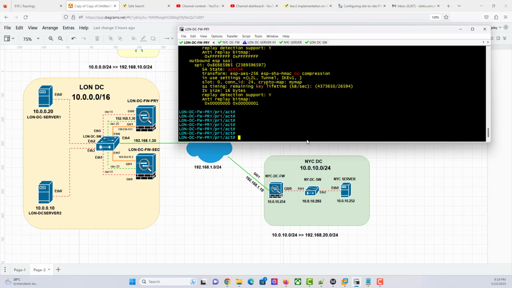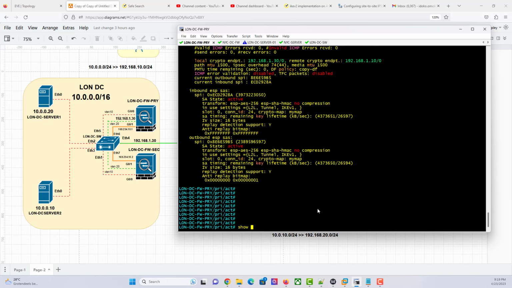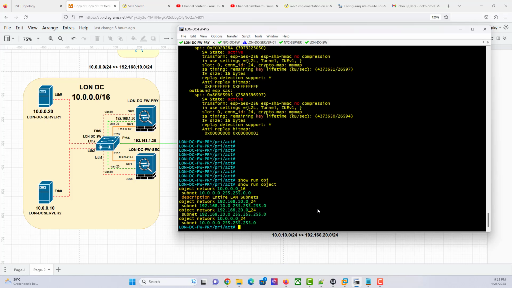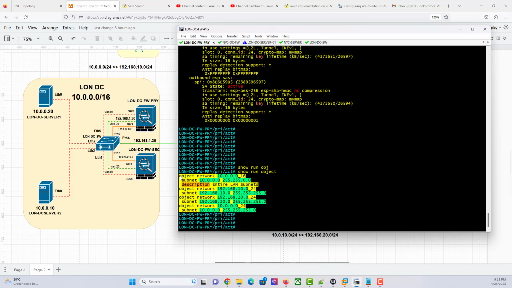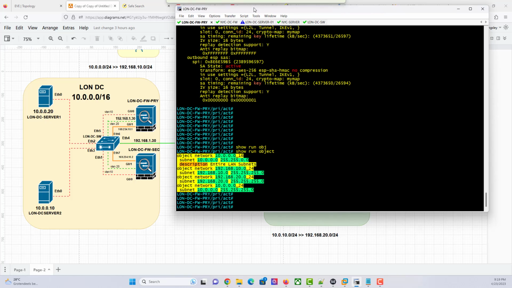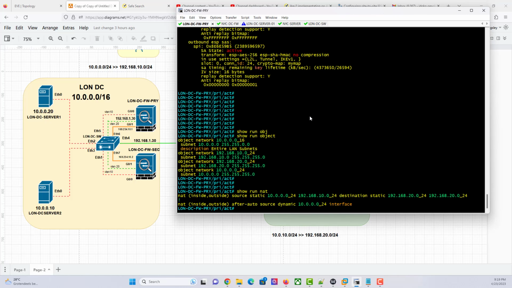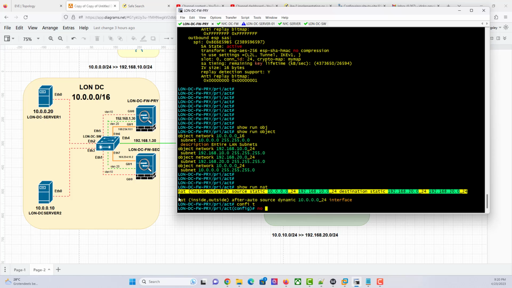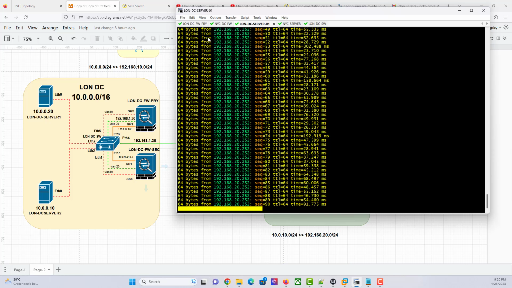So we just need to make some modifications to the NAT, right? So let me make this bigger. I'm going to say show run object. So this is my object group. We need to create some object group here. So what do we need? So let's say show run nat. So I'm going to take this out. We don't need this anymore, right? So if I take it out, it's going to break the VPN session. I'm very sure of that. So if you come here, it should stop,